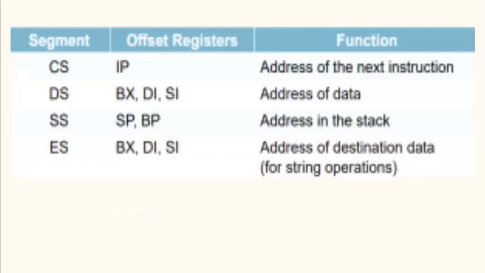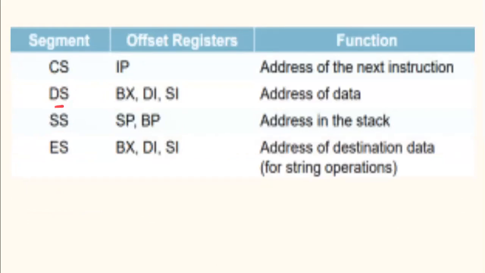So this is just a table which gives you where the base addresses and the offset addresses of a particular segment are stored. For example, for the code segment, the base address is stored in the code segment register and its offset address is stored in the instruction pointer register. Okay. For the data segment,